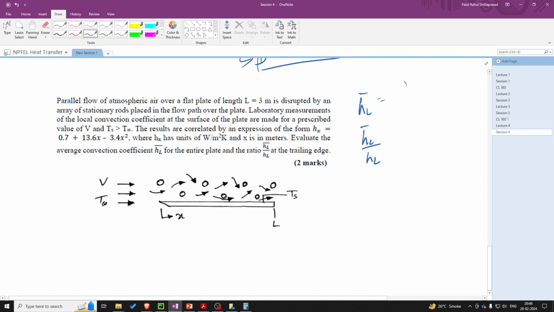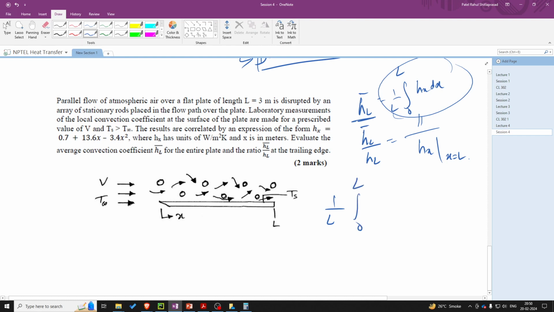This h bar L, we studied it as 1 upon L integral 0 to L hx dx, and HL is nothing but hx at x equal to L. So the first thing we need to find is this integral. It will be 1 upon L integration of 0 to L, where Hx is given by this polynomial equation, and if you integrate it,